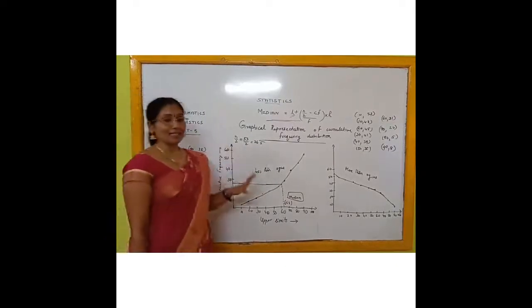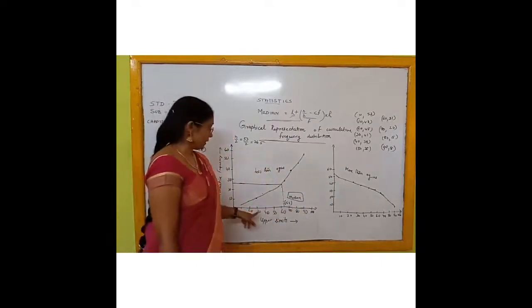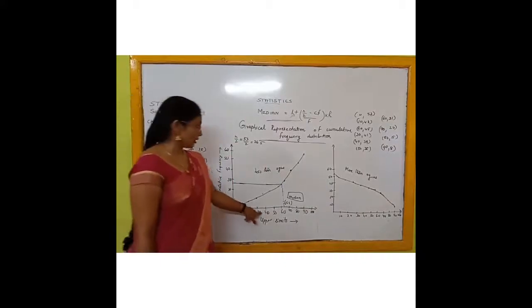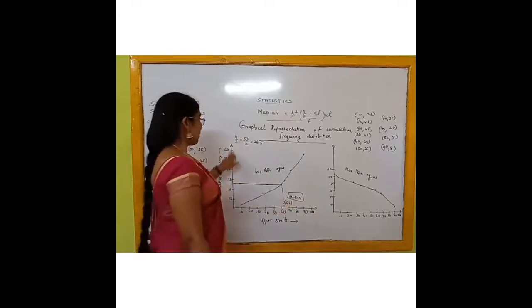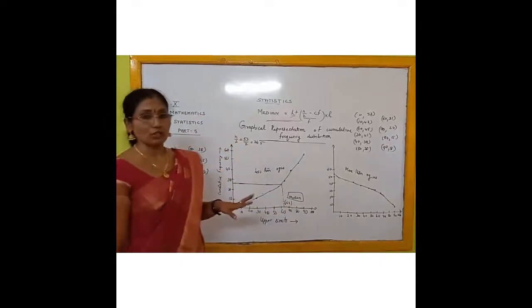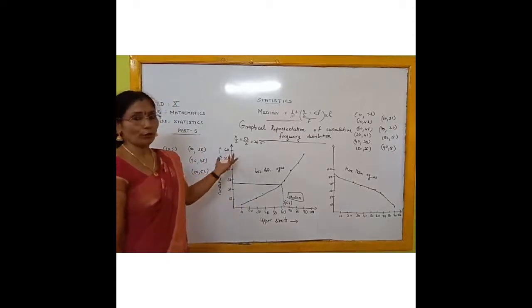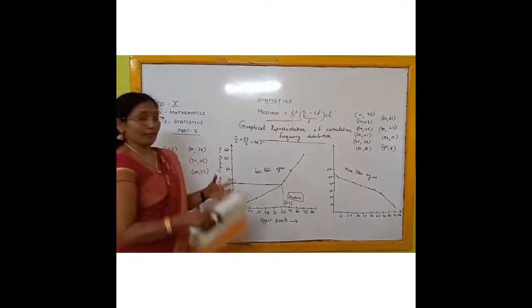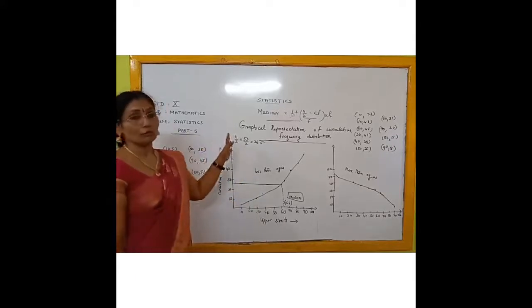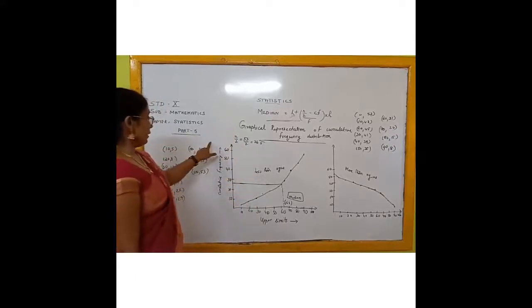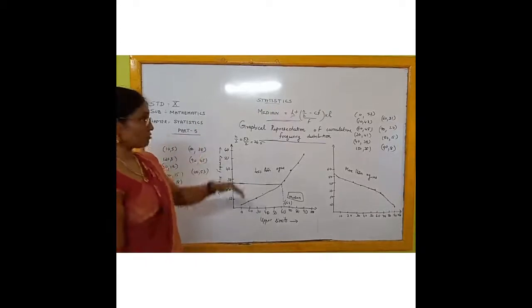The classes started as 0 to 10, 10 to 20, 20 to 30 like that. That means the upper limits are 10, 20, 30, 40 up to 100. That I marked on the x-axis. The maximum cumulative frequency was 51, because of that I have taken 10, 20, 30, 40, 50, 60. That's according to scale; you can choose yourself. If you want a larger graph, you can use 5, 10, 15, 20, 25 like that. Now I have plotted the points from that table only.